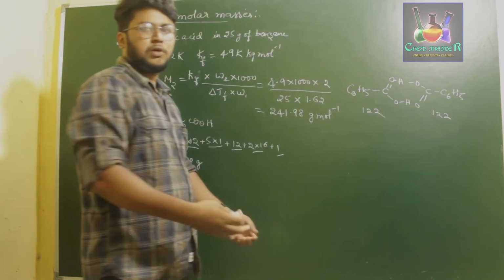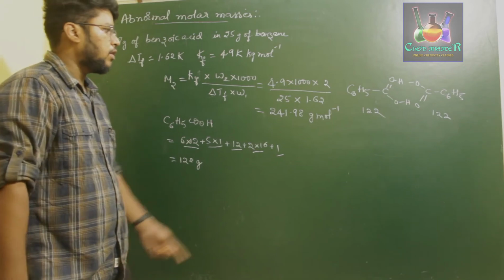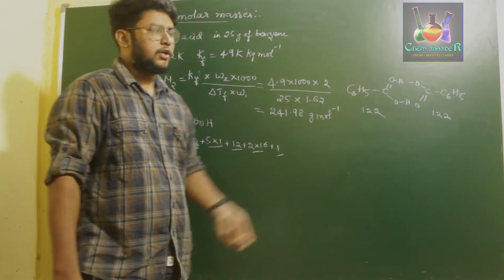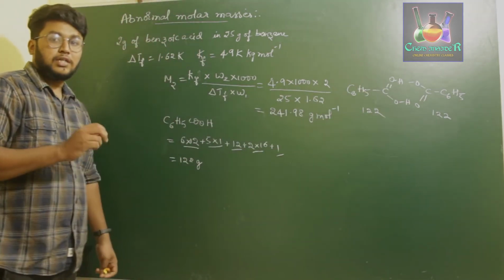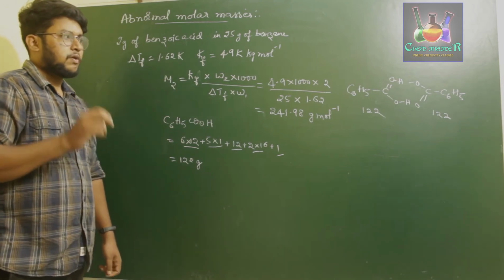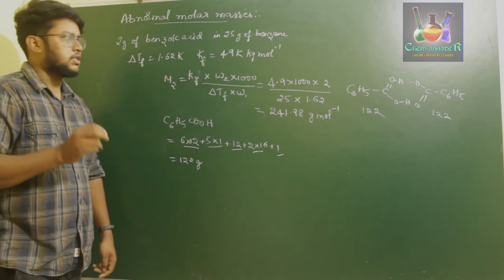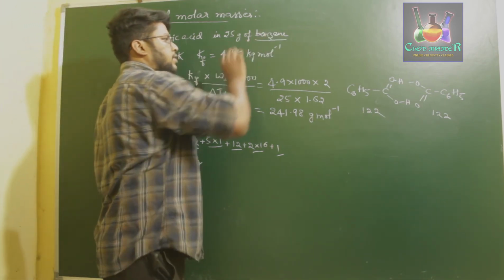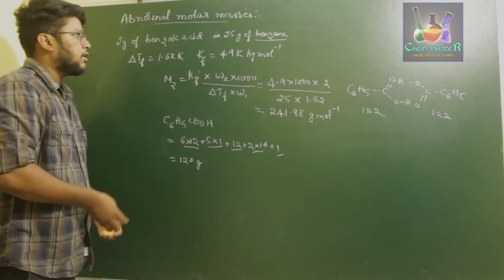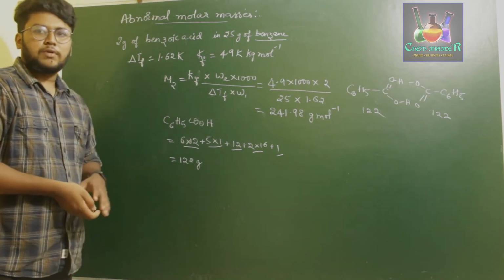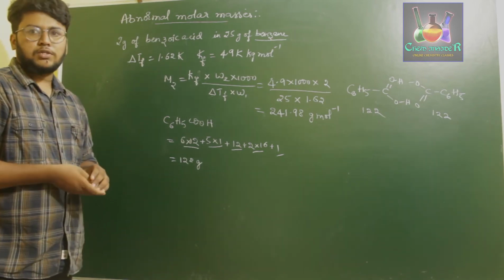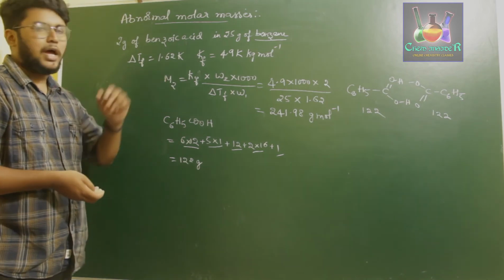That will should almost be 244. Since there is just hydrogen bonding, we might ignore one of the hydrogen atoms. So what happens here is, whenever you consider a solvent such as benzene, which has a very low dielectric constant, we observe a certain change between the expected value and the actual value of the molar mass.